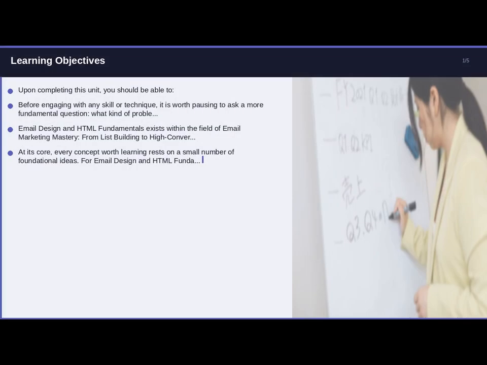Upon completing this unit, you should be able to articulate the core principles of email design and HTML fundamentals in your own words without reference to notes, distinguish between correct and incorrect applications of these principles in realistic scenarios, identify the conditions under which standard approaches are appropriate, and when alternatives must be considered, apply the concepts from